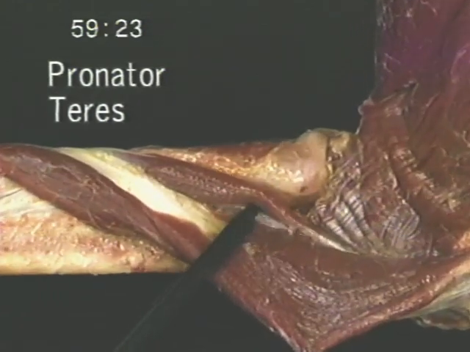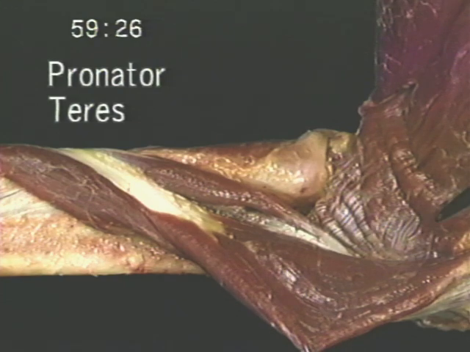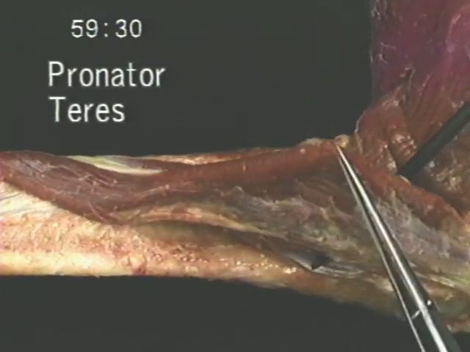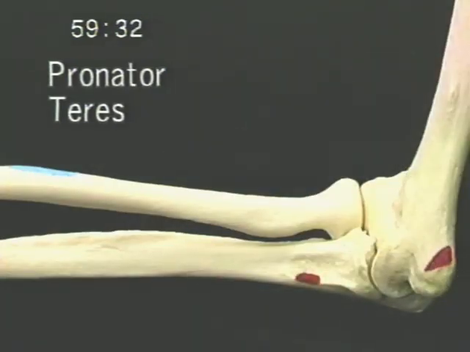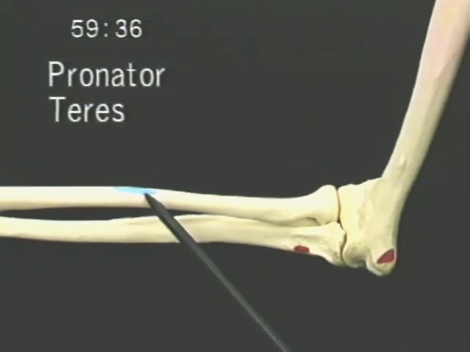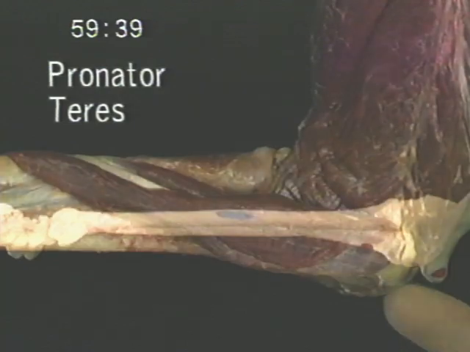Here's the deep head of pronator teres. The median nerve passes between the two heads of pronator teres as it enters the forearm. Pronator teres inserts here, halfway down the lateral surface of the radius. Here's its action,